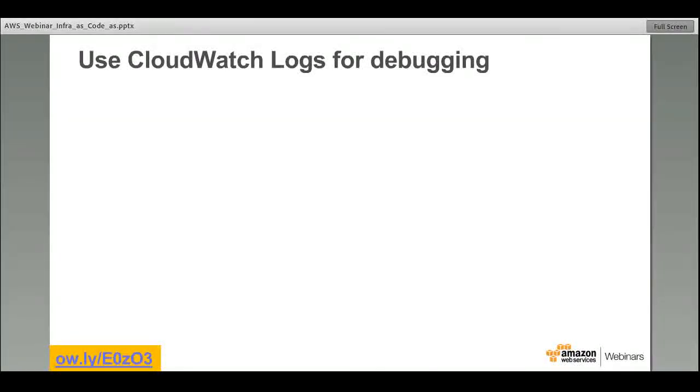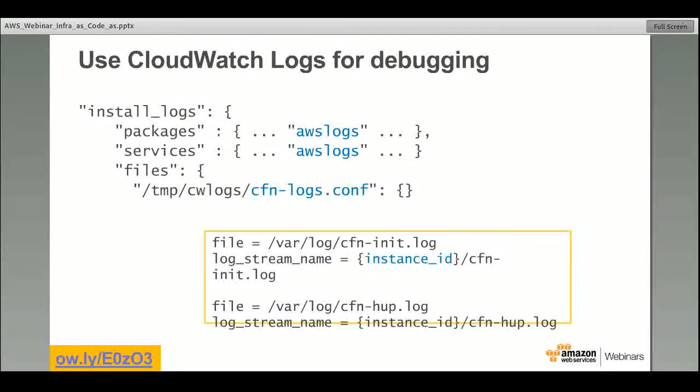And going a little more detail, a little bit deeper into how to debug these things, we have a service called CloudWatch Logs, which you can use to stream your CloudFormation init logs back to AWS, back to CloudWatch, and view them in the AWS console. There is a little URL at the bottom of the slide which you can click on or use to find out details on how exactly to do this.